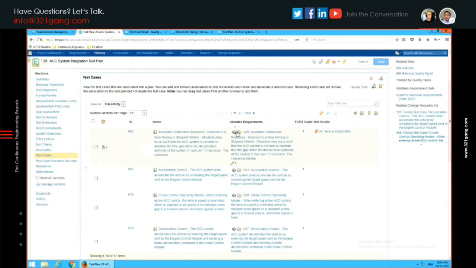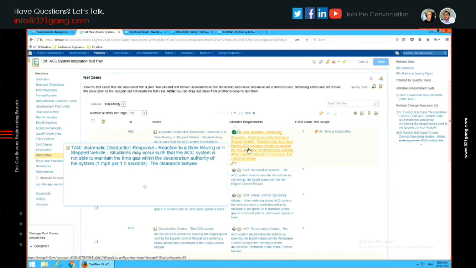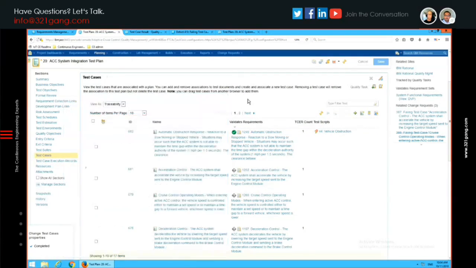We have that ability to mark things as suspect. So if I mark this as valid and I go back and change that requirement, I'll get notification that that requirement has changed. I'll see that thing marked as suspect. And that's when I know, hey, there's been some change. I need to validate whether my test case is still accurate based on the requirement as it is today, and if so, will it still pass? Exactly. Do I need to rerun my execution of that test?